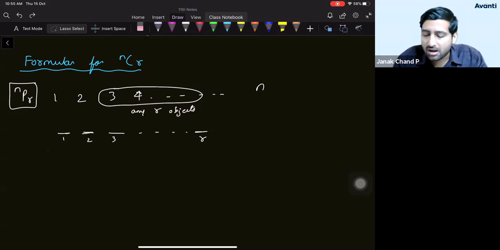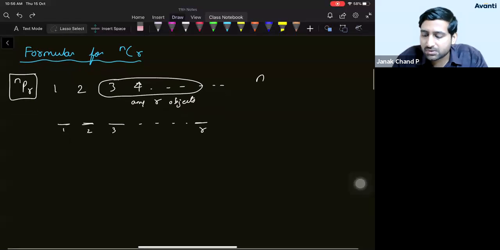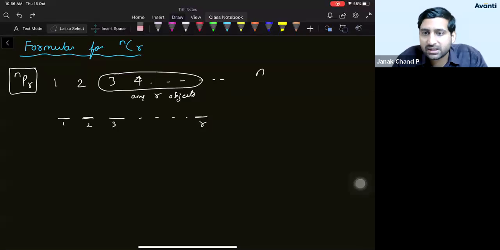That is, for each position we are seeing the total number of possibilities, N possibilities, N minus 1, etc. But now students, what we are doing is the object approach. If you do the object approach, you will take the first object, you will see how many options it has. You will take the second object and you will see how many options you have.